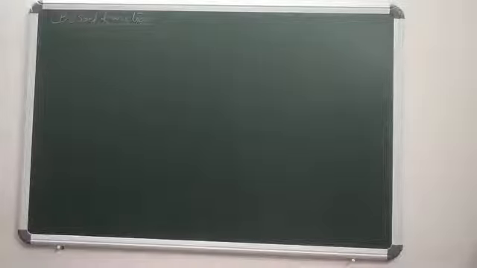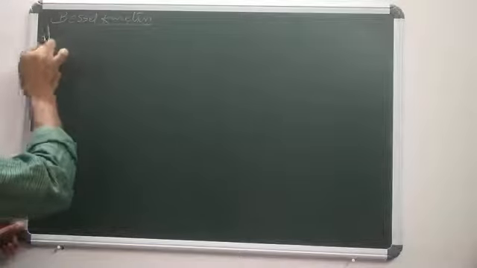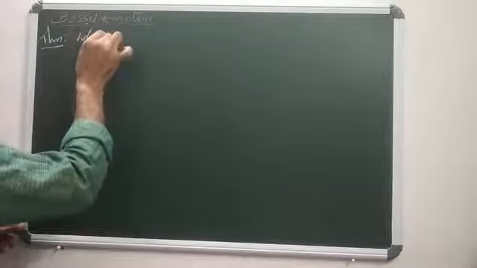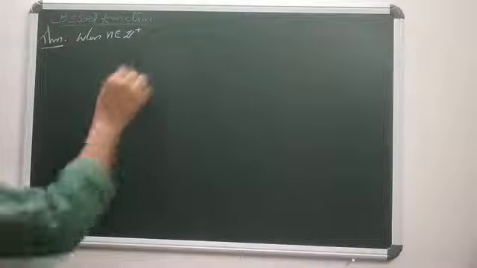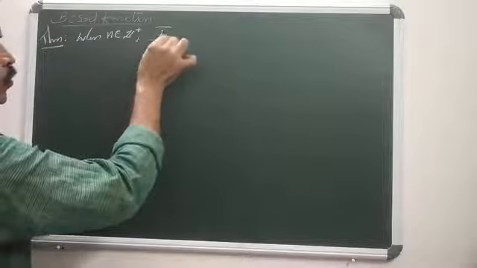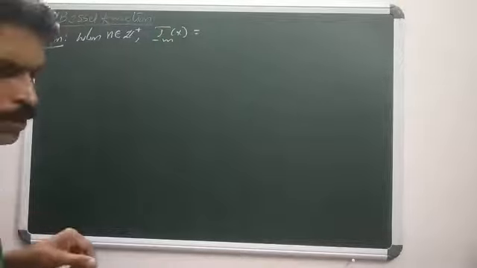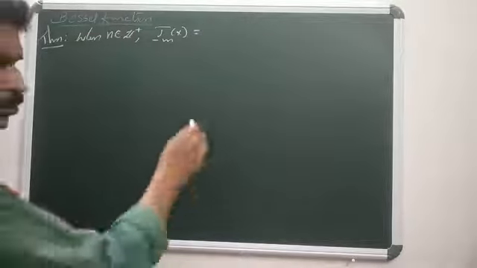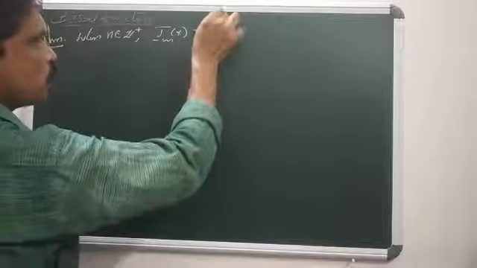Now we are going to an important result. So the theorem says that when n is a positive integer, J minus m of x is the sum, n ranges from 0 to infinity,